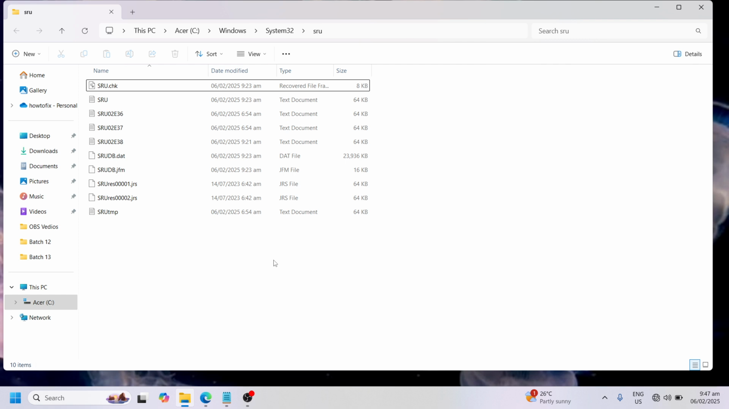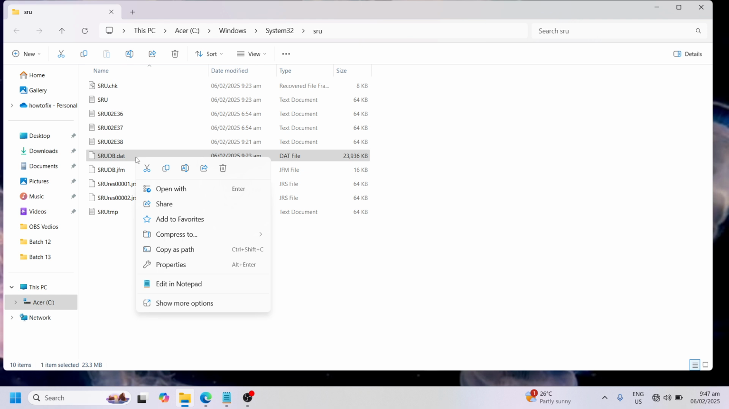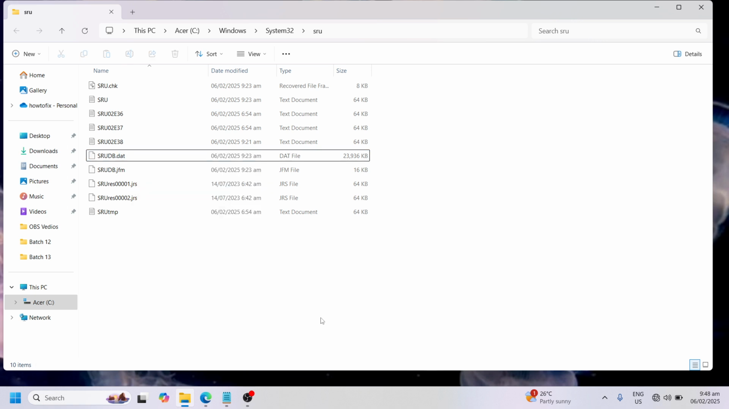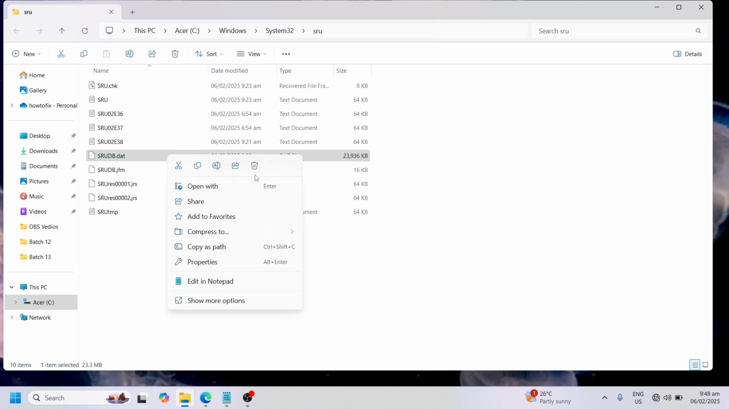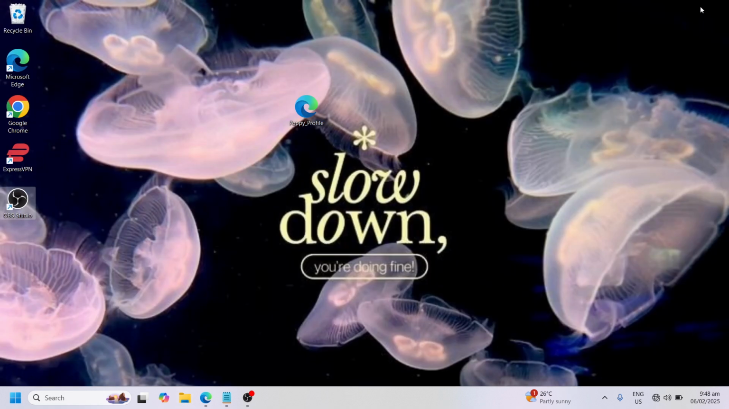So once you're here, you need to click this SRUDB in caps dot DAT and then do a right click and click on delete. Just have to make sure that the diagnostic policy is stopped on your computer, okay? Just have to right click and then delete, and after that close this, then go back to Run again,